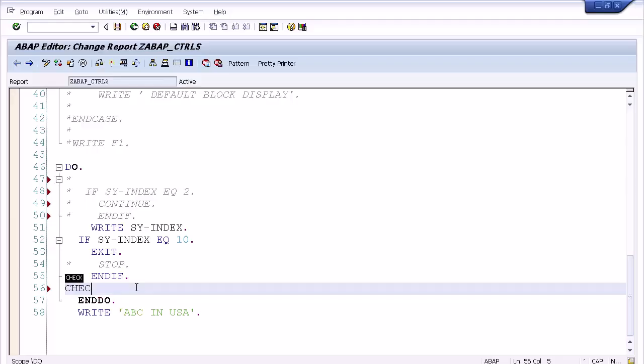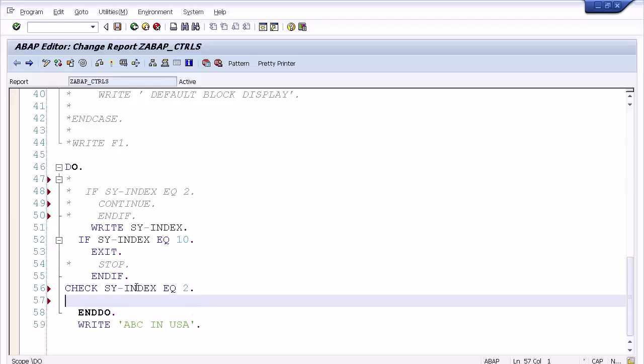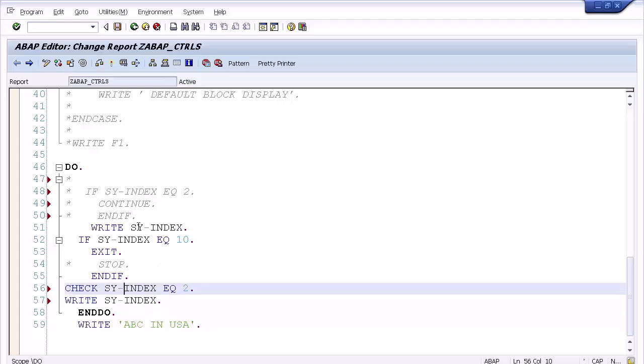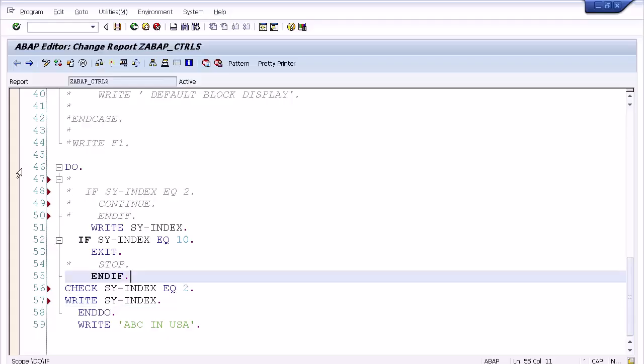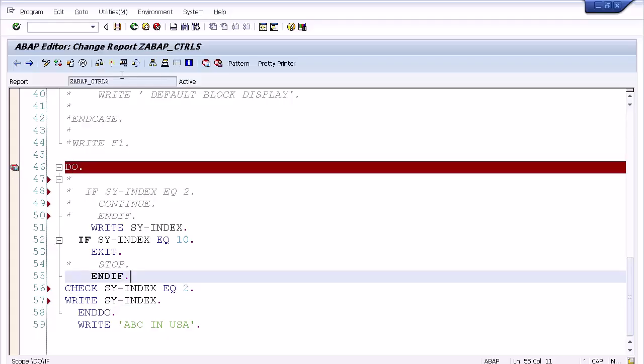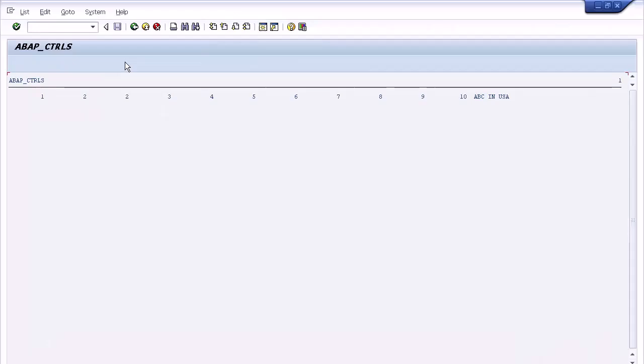Next, let me explain with the check statement. I'm writing CHECK, which accepts a logical expression: CHECK sy-index equals 2. For example, let me print one more write statement, sy-index. What happens here with the check on index: first it will print 1, then 2, 3 like that. At 2, it will check the condition equals 2, and again we are writing in the output twice, it will print the write statement for index 2. Put a breakpoint and